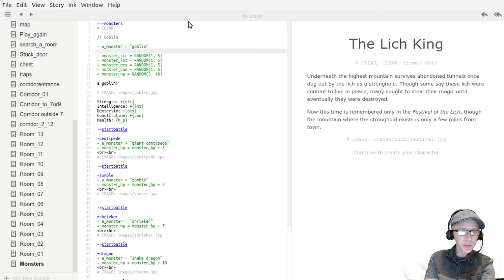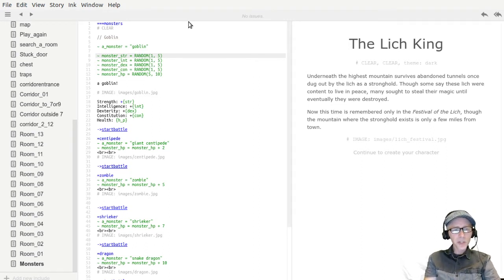And then what I wanted to do is randomly give me stats for this monster. I've decided that the stats I'm using are bonuses to different types of rolls. So I made the goblin actually pretty hard. The goblin is technically equal to the player. So what I could do to make that a little bit easier is say the tilde. So I'm making sure that the game understands that there's going to be a change to a variable. The variable is